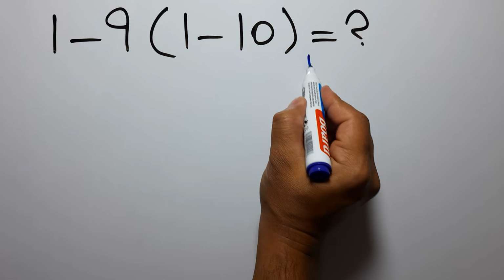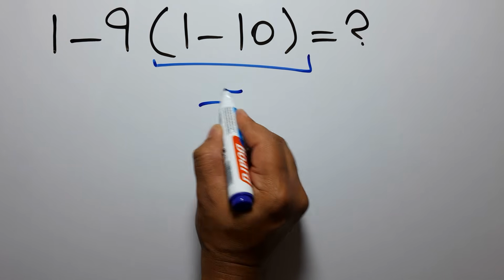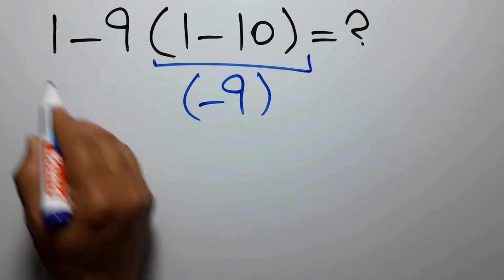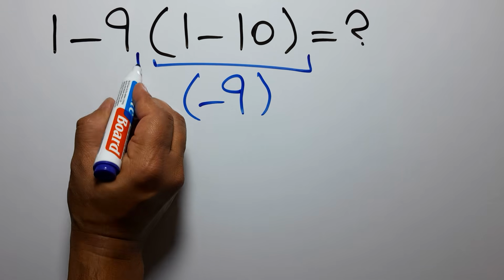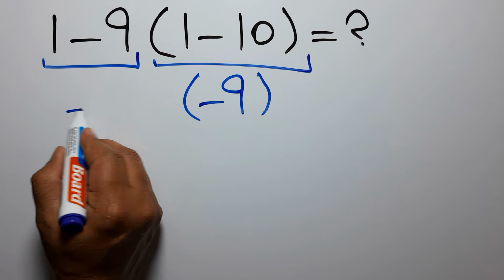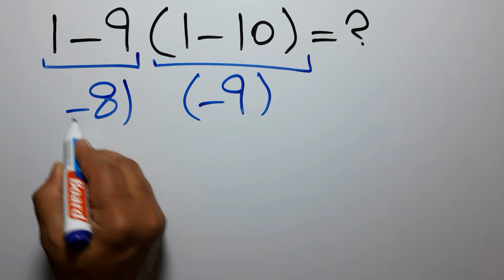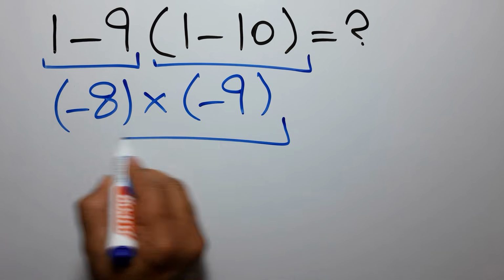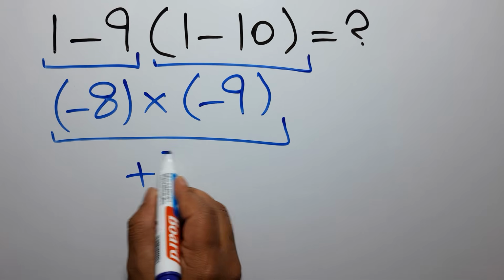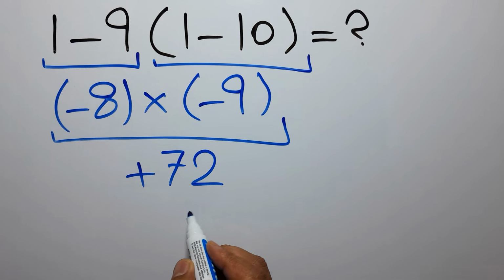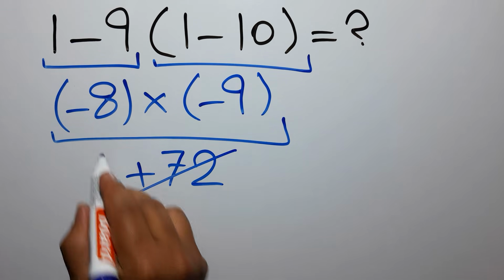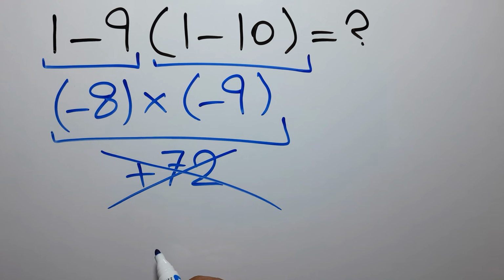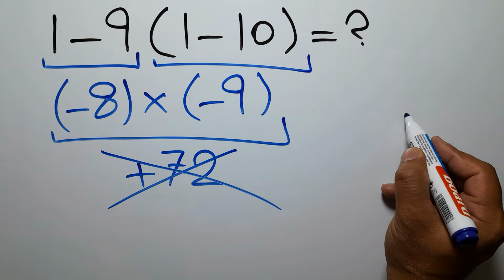1 minus 10 gives us negative 9. And here we have 1 minus 9, which equals negative 8. So negative 8 times negative 9 equals positive 72. But this answer is not correct, because according to the order of operations, which is PEMDAS,